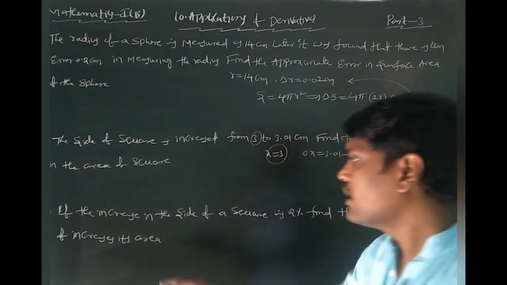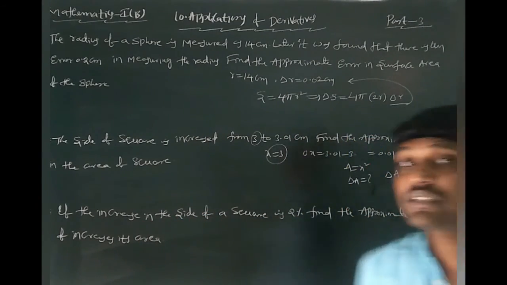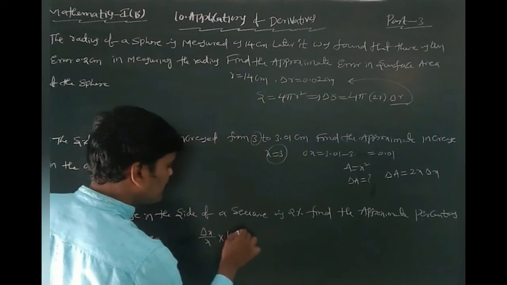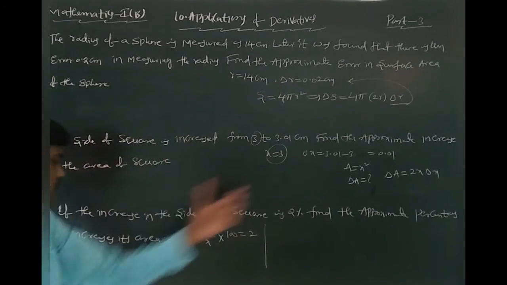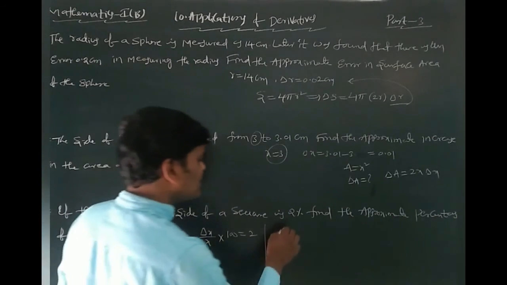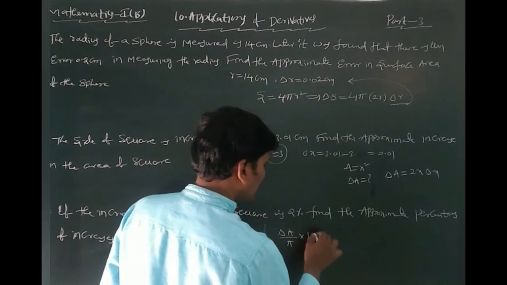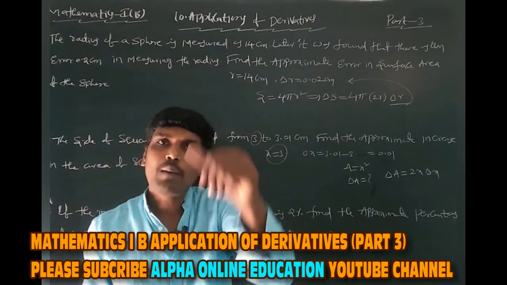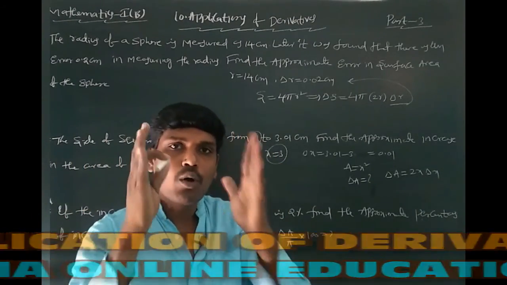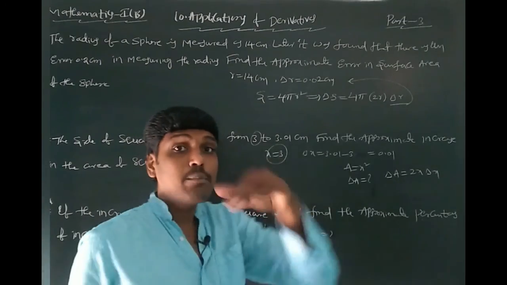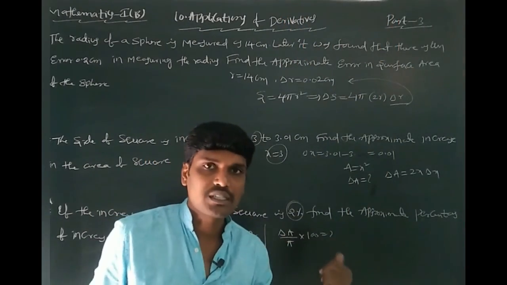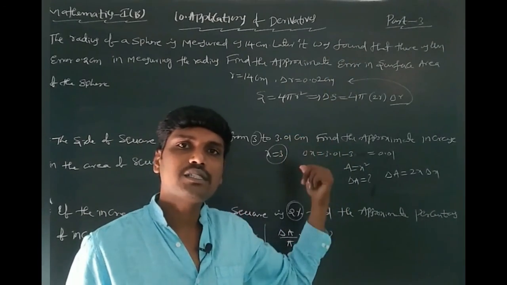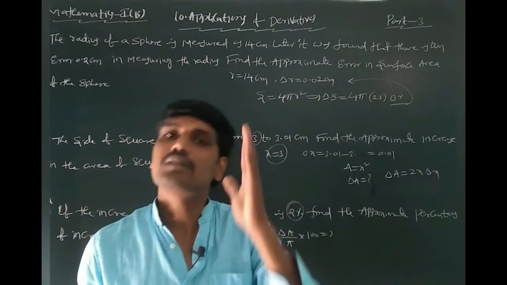Okay students. After that, the percentage increase of the side of the square is given. Here x is the side of the square. Delta x by x into 100 is given as 2. Then find the approximate percentage increase in area. Delta A by A into 100 is equal to how much? This problem model was already explained in the first problem of this part. In place of 2%, the problem can have 4%, you can write 2%. You get the answer. Okay students, these 3 are homework problems. You can use the hints. You can solve the total problem clearly.